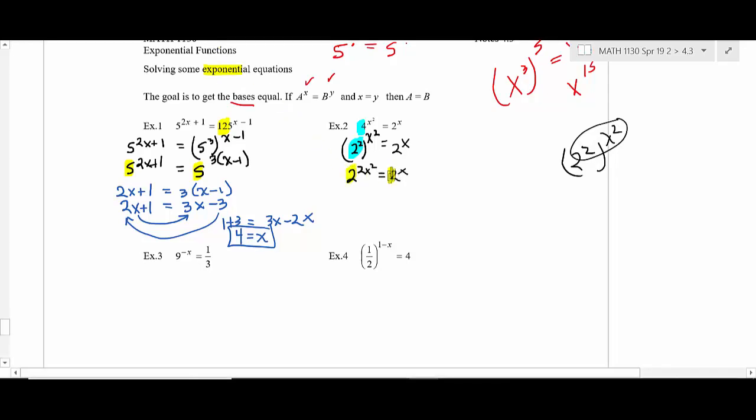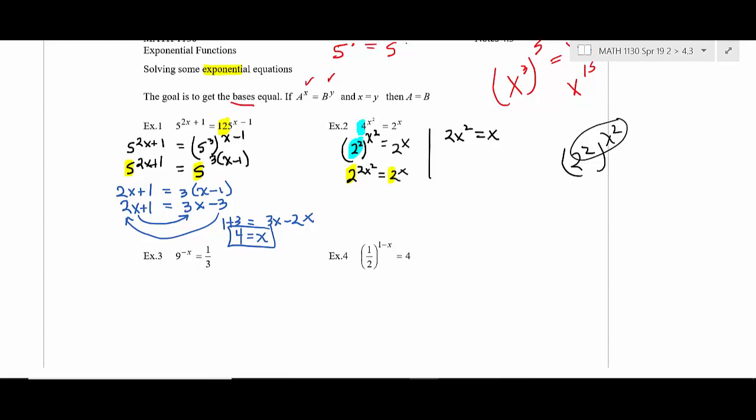Now, since the bases are the same, what do you know about the exponents? They are the same also, right? So the way you finish up the problem then is the exponents are just equal, so you would have 2x squared equals x, and if you can solve that equation correctly, you've got it made. What kind of equation is 2x squared equals x? That's quadratic, right? So what do